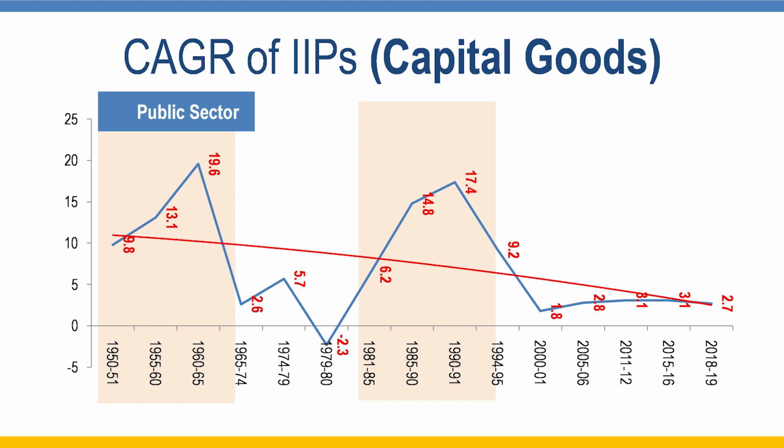Where I have identified 2 phases again, as for basic goods, that during the period of 50s and 60s, capital goods industries, where public sector, as I have shown in the graph, was playing a dominant role, expanded, and again in the late 80s, 90s, mid 90s, you get that kind of situation. Again, there's a hike, but after that there's a decline, or at least stagnation, in the capital goods industrial production index, and you get a long-term downward curve.